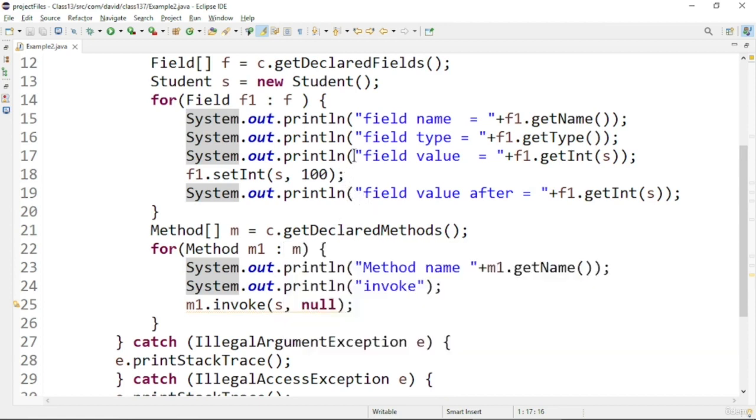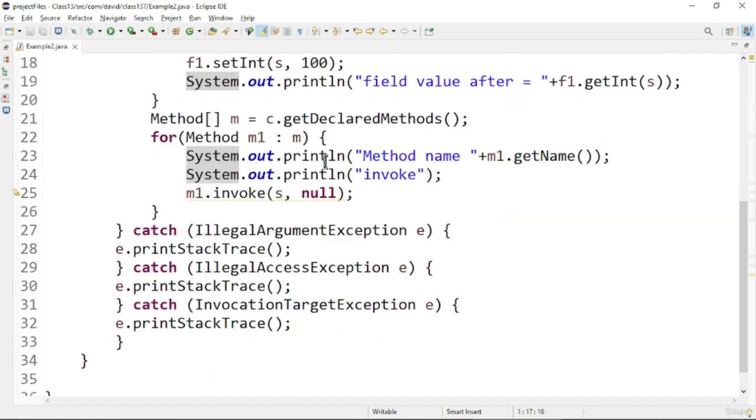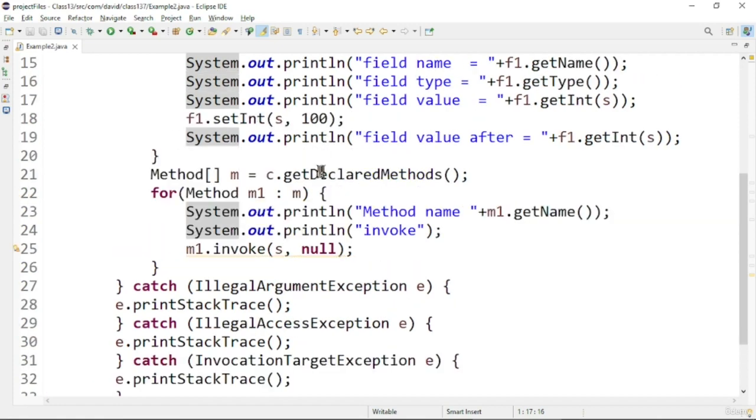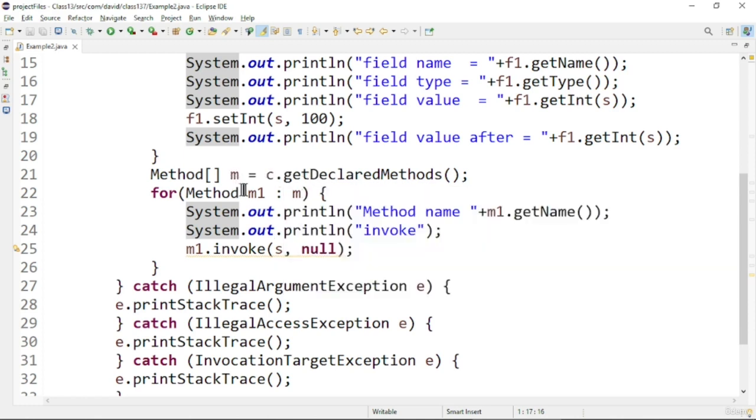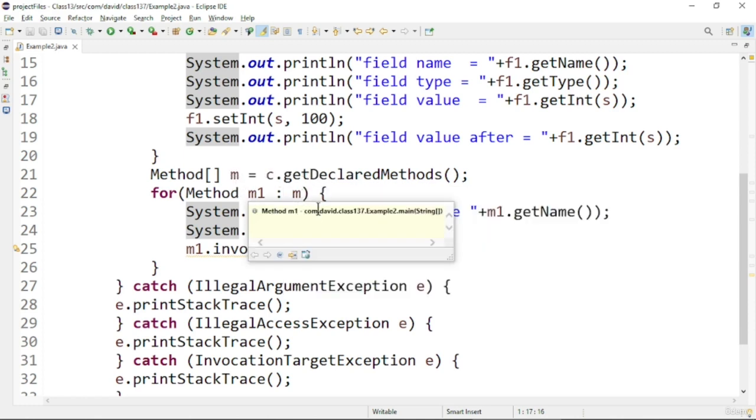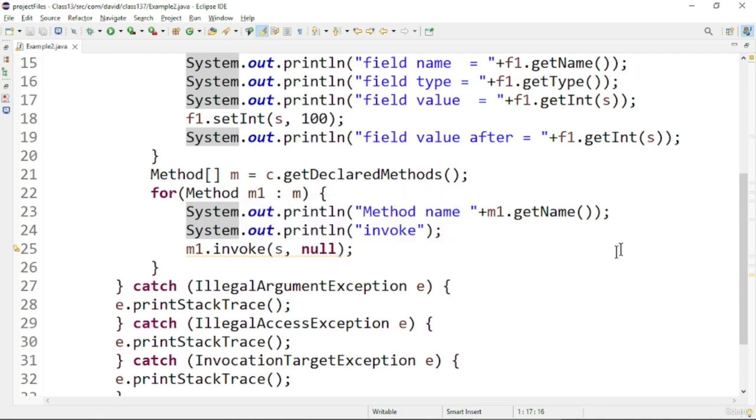Now let us discuss the method. We can use the getDeclaredMethod functionality to get the method, and after getting it I am printing the meta information about the method, and I am using invoke to call the particular method. By using the invoke method inside the Reflection API, we can call the particular method.